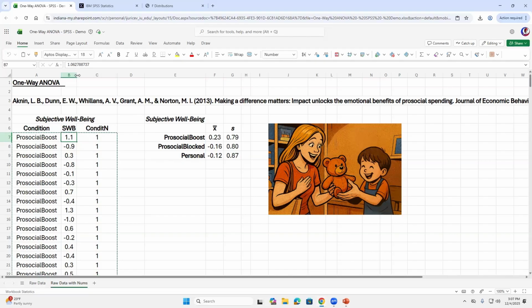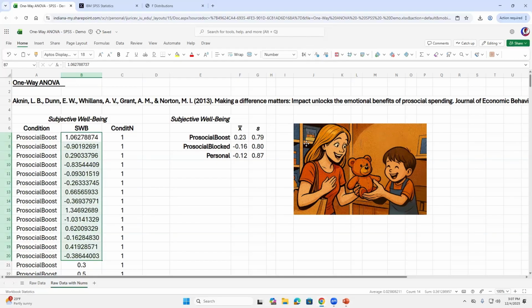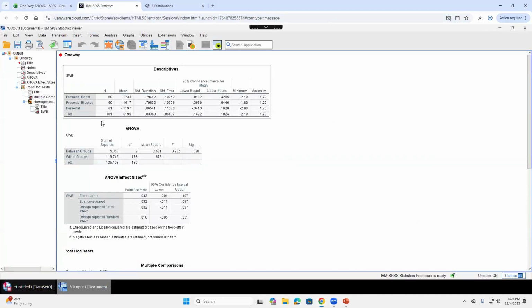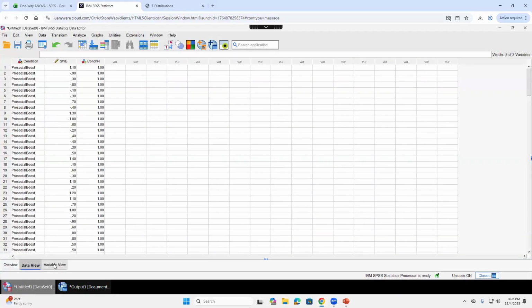So you'll notice over here, if I go back to the Excel sheet, that these scores are hypothetical scores, and they have a lot of decimals so that we can match the data that Aknin et al. would have analyzed. So again, this is what we've been doing throughout the semester. We're using hypothetical scores to reproduce the statistics that they've actually been doing. For some reason, in the last week only, I don't know what has been going on, SPSS has not been carrying decimals in its